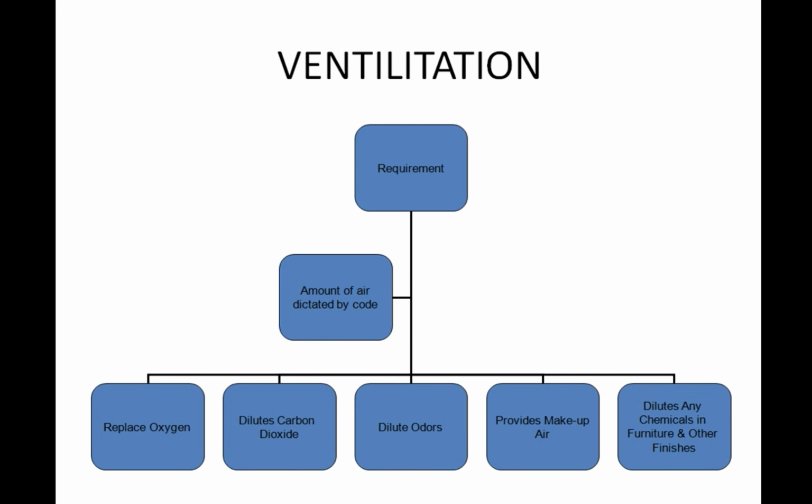All right, so there's obviously ventilation requirements. You have to maintain oxygen levels. You have to maintain airflow. You don't want to have stale air in any of your air spaces, particularly if it's a living space or workspace, since so many hours are spent there. So really the point of ventilation is to exchange the air within that area. Make sure that you have the right levels of oxygen,